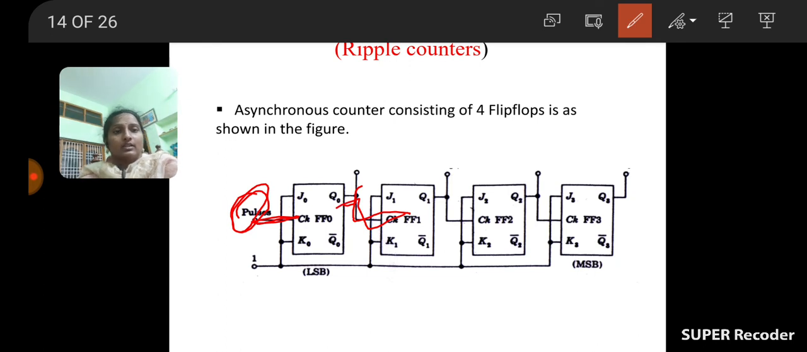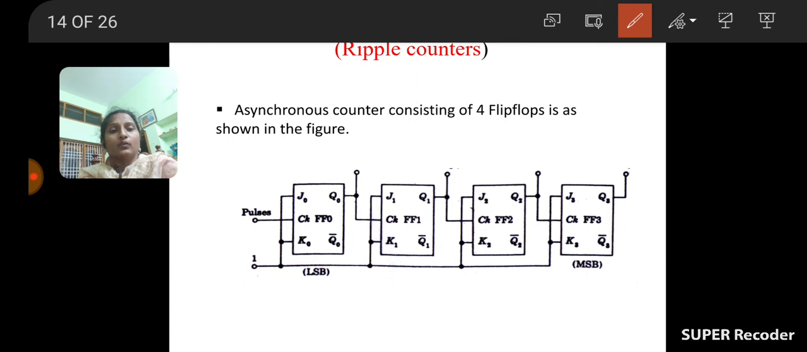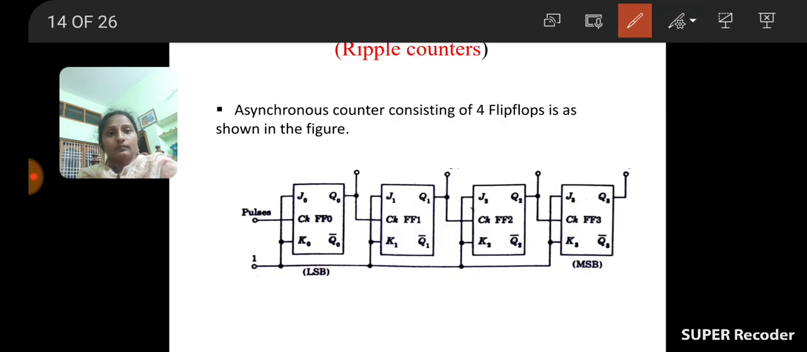Okay, in construction, it is designed with JK flip-flops. Asynchronous counters are designed with JK flip-flops. How many flip-flops are there? 4 flip-flops. So because of 4 flip-flops, how many states does it count? 16 states are counted by this ripple counter. Okay. And see here, the external clock pulse is applied to the first flip-flop only,